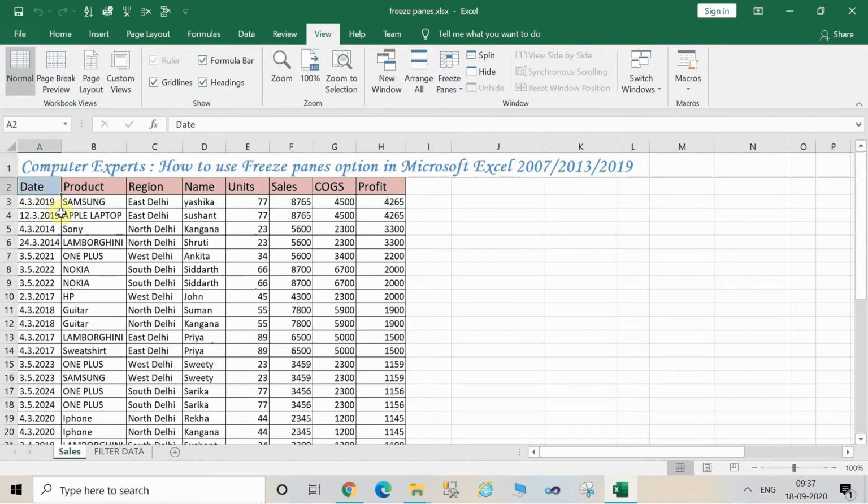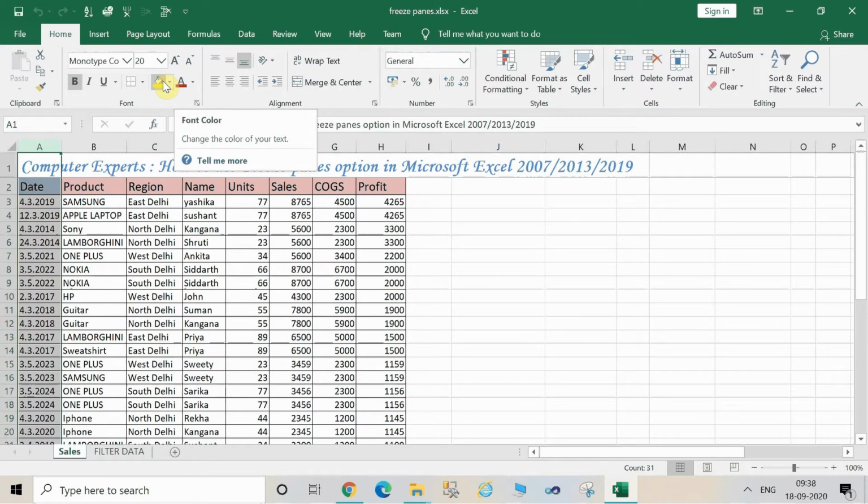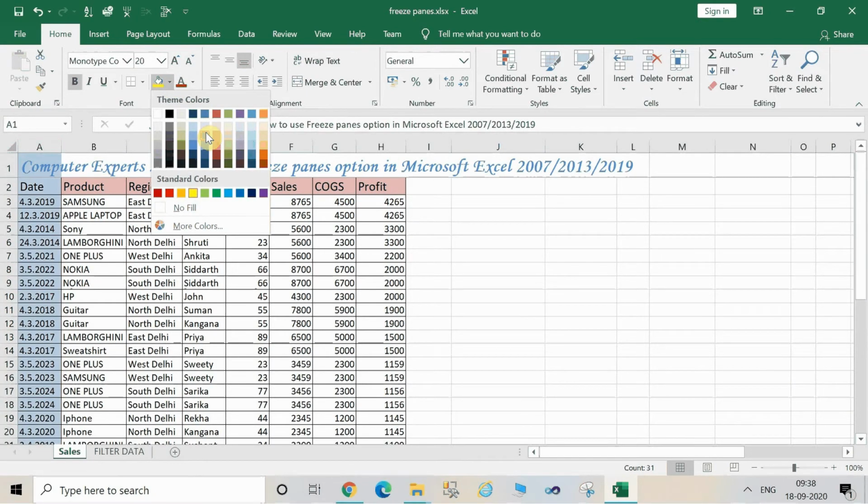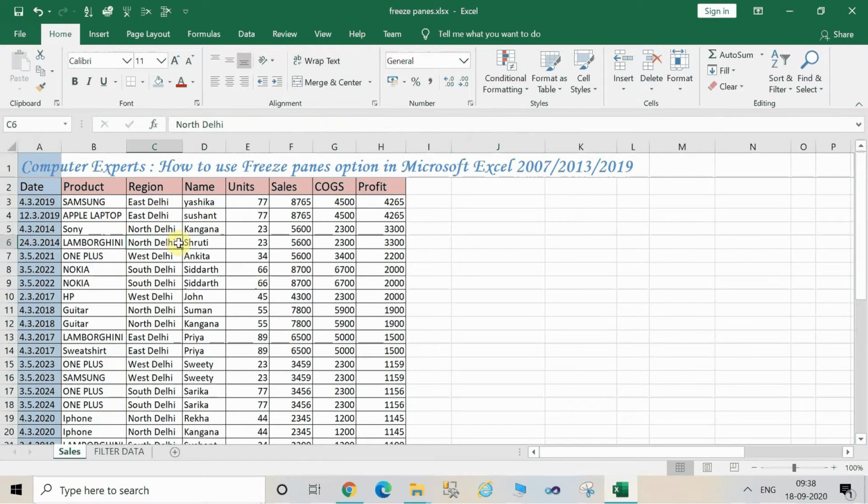Likewise, if you want to freeze this column, let's highlight this with some color, maybe light blue.